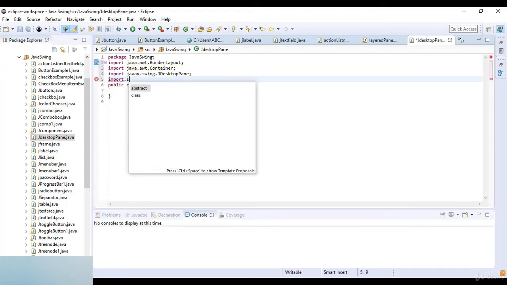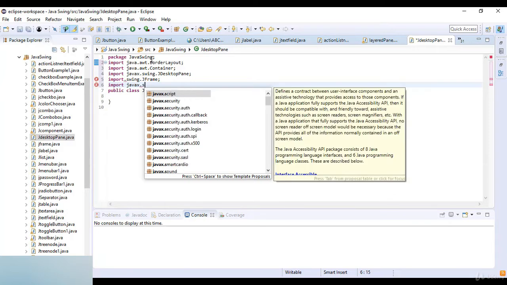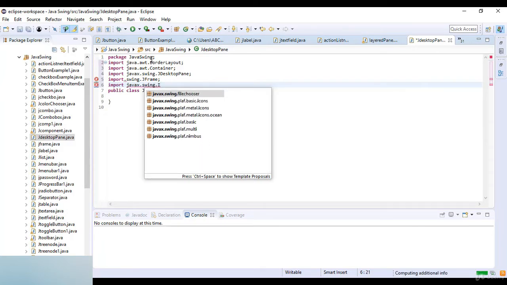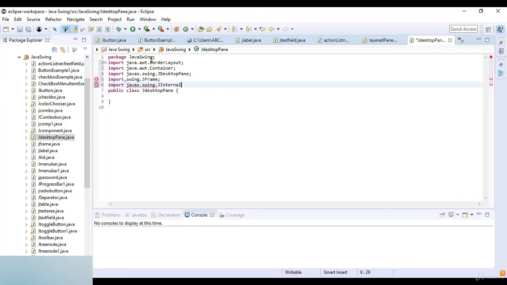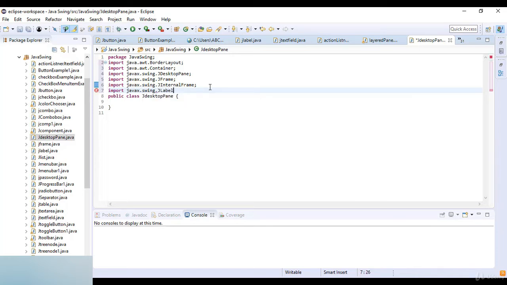And now I import javax.swing.JFrame. Import javax.swing.JInternalFrame, and this is import javax.swing.JFrame, right? Now I import javax.swing.JLabel. Okay,